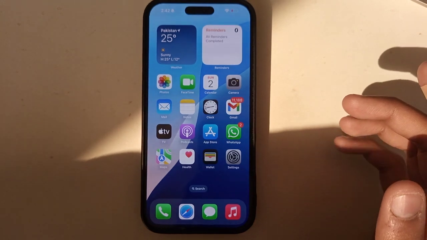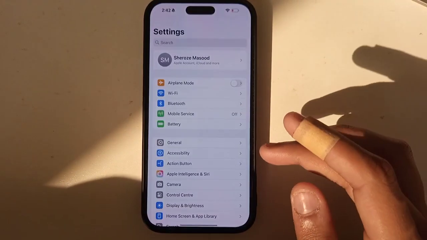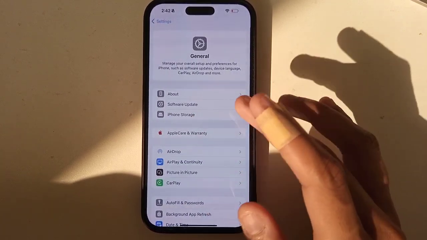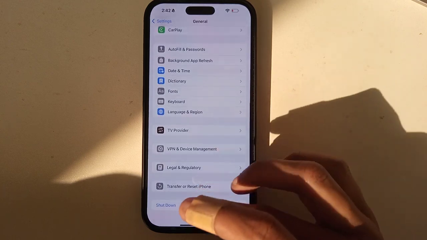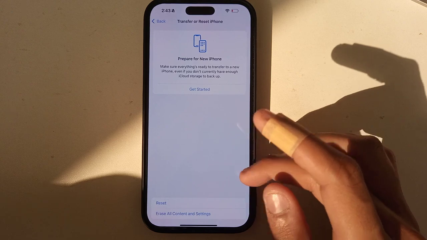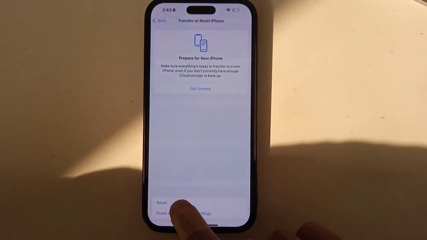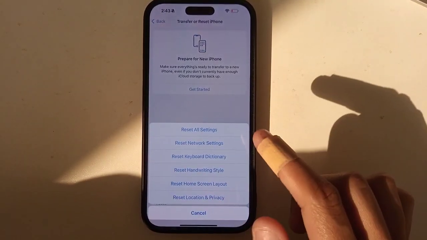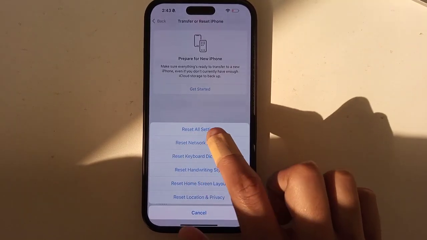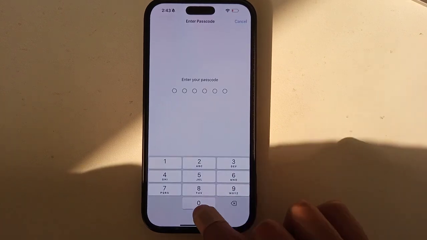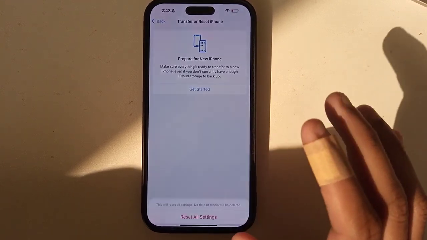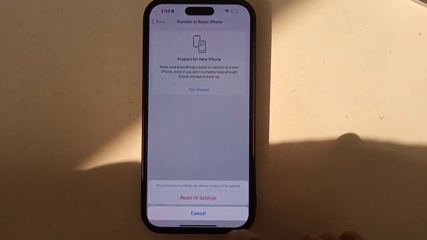If you are okay with that, open up your iPhone settings, and after opening up your iPhone settings, you need to go to General, and after going to General, just swipe up and you see that there is a Transfer or Reset option here. Just tap on it, and as you can see, there's a Reset option here. Just tap on this and all the options will come up for reset from here, but you need to select Reset All Settings. It will automatically reset your camera settings, including all your phone's settings, and an option like